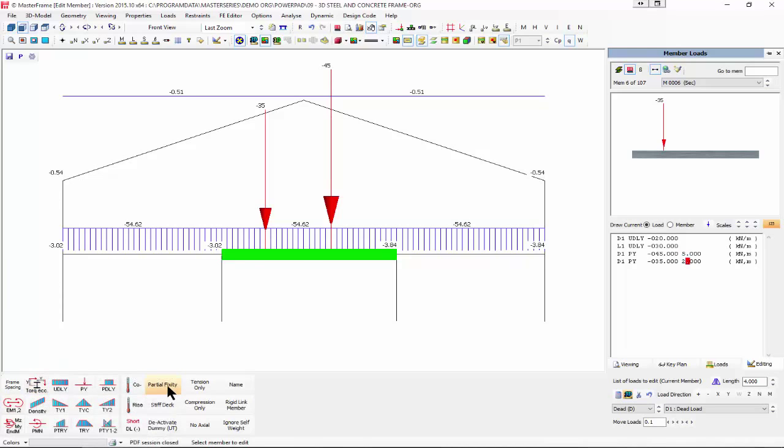We can apply partial fixity, so we can take a member and make it partially fixed. We can apply compression only and tension only, thermal expansion, so we can do that. We can even, if we wanted to, in a gable, we could put in a gable post and say that it is